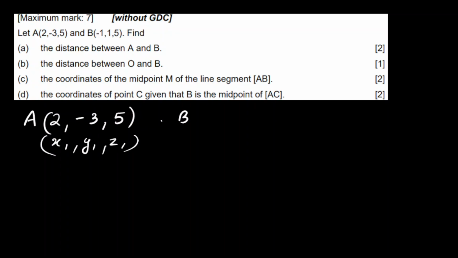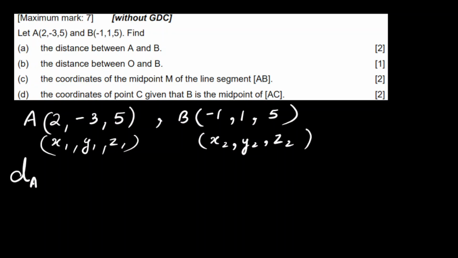And coordinates of B are also given to us, (-1, 1, 5). So x2, y2 and z2 it's given to us. We have to find the distance between AB. So distance between AB we can find with the help of the distance formula, which is given to us